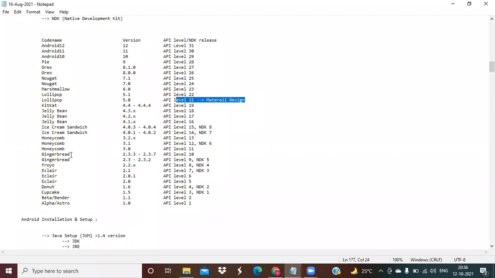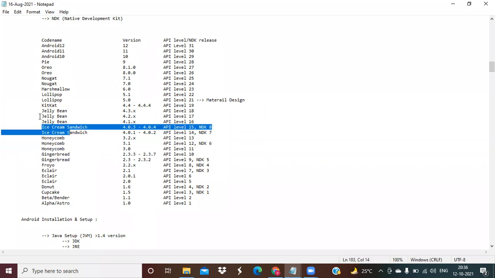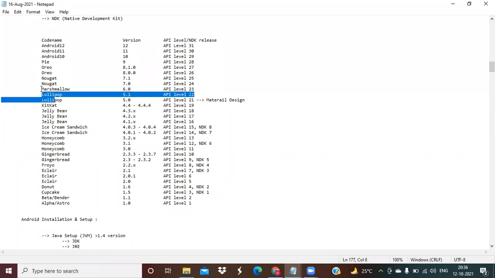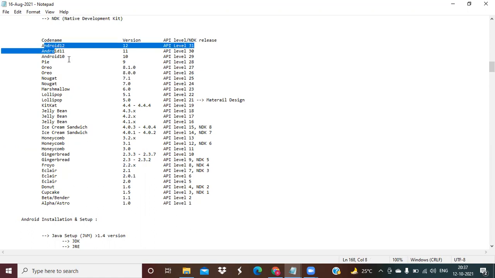Next, you have Gingerbread, Honeycomb, Ice Cream Sandwich, Jelly Bean, Kit Kat, Lollipop, Marshmallow, Nougat, Oreo, Pie. After that, Q, R, S. These three names have to be revealed, but I have given names myself.